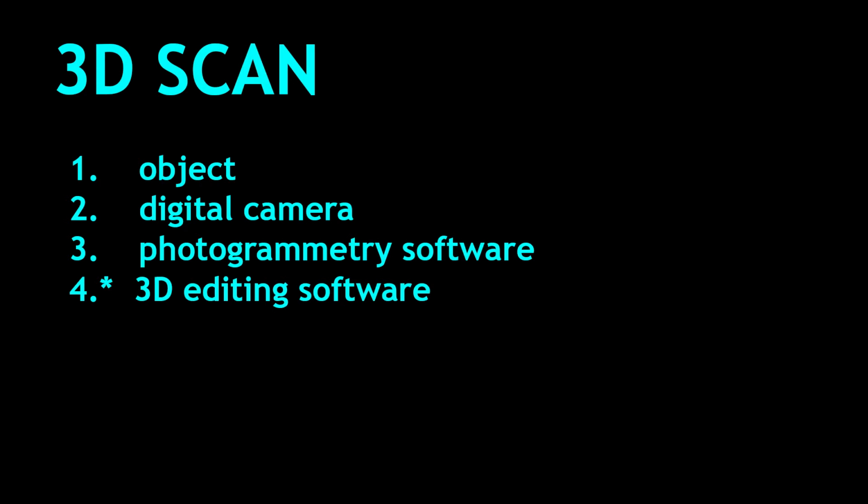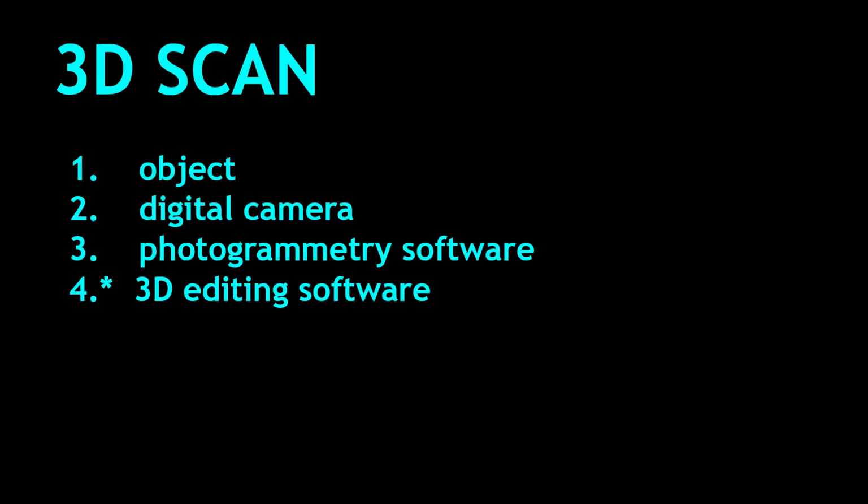And the third thing you'll need is photogrammetry software. There are a number of different software out there, both open source as well as commercial. The most popular probably is one called Agisoft Metashape, formerly called Photoscan, and it is a really good compromise of